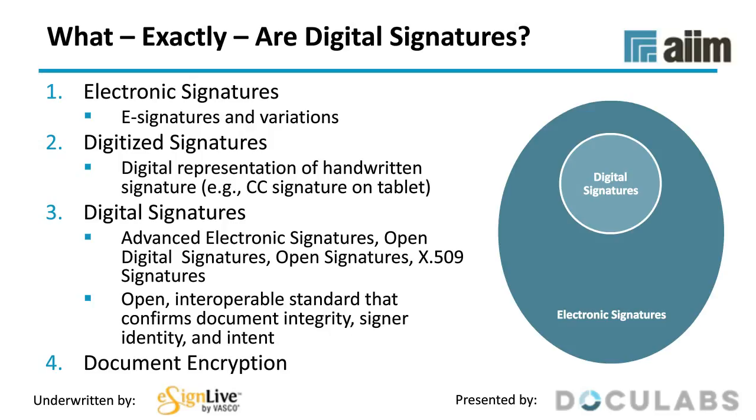Now, the more rigorous digital signature, which is what I'm primarily going to be focused on in the rest of the presentation here, is extra data appended to a message which identifies and authenticates the sender and message data using public key encryption. Some digital signature systems combine the authenticated signature data with an associated bitmap image that looks like your wet signature. So it looks like a wet signature, but the real work is done under the covers by the associated data.